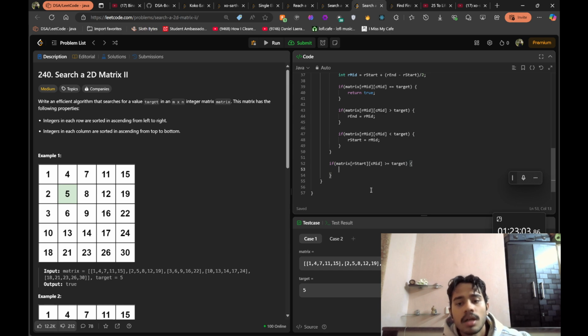So if r start and c mid, that is going to be 7, if that's greater or equal to target, like here in this case, then what we need to do is that,